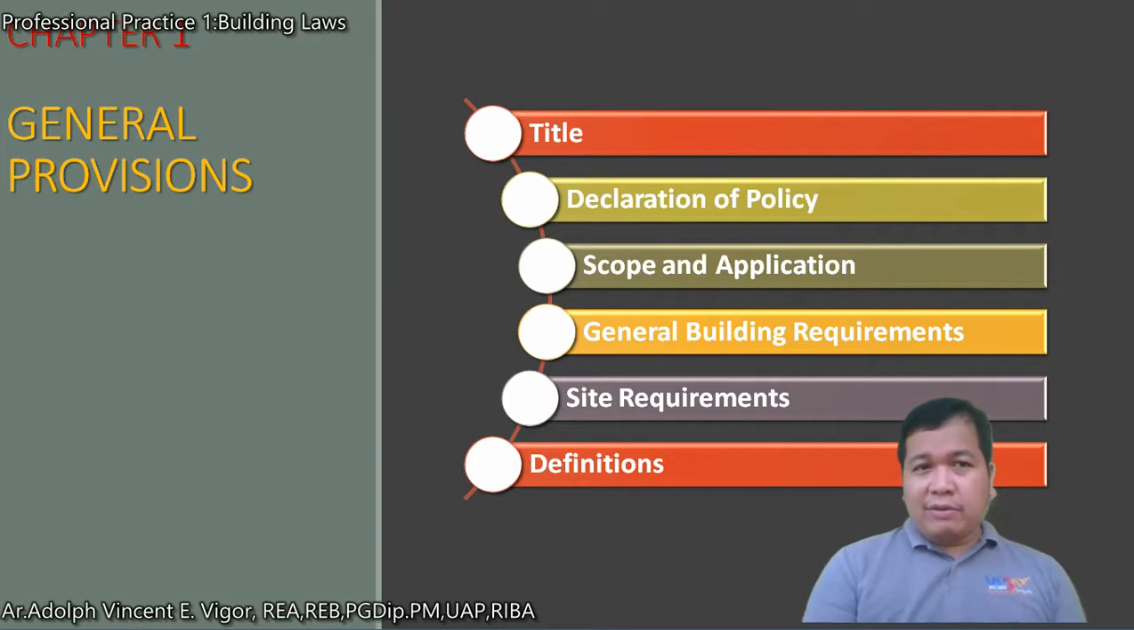Okay, so if you remember while reading PD 1096, you can ascertain that the scope of the National Building Code is applicable to everything. So there is no exemption. Not even public entities are exempted from getting a building permit before constructing a building. Okay,